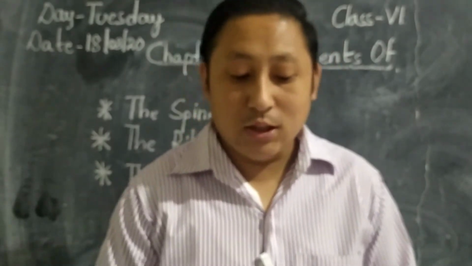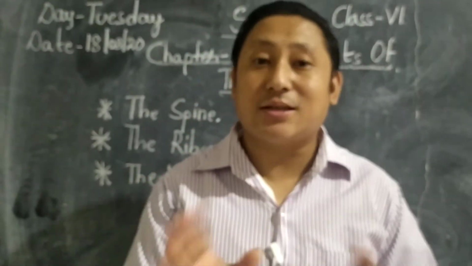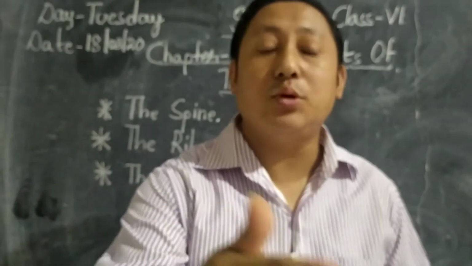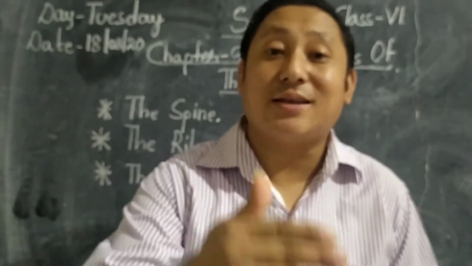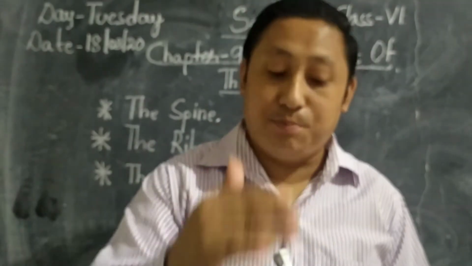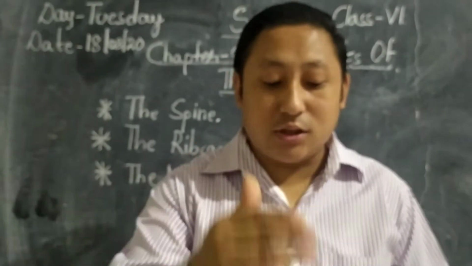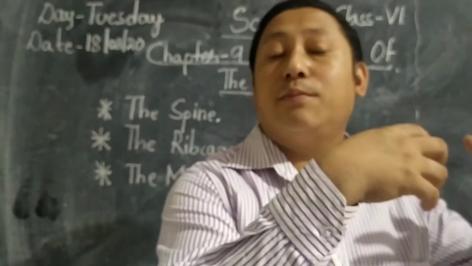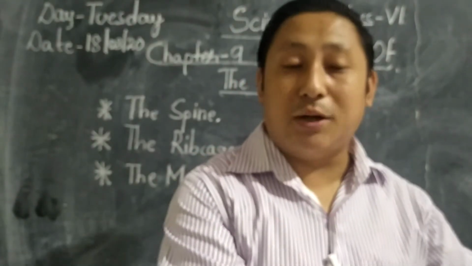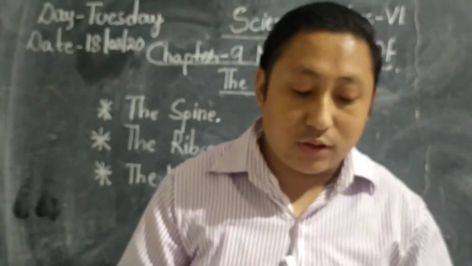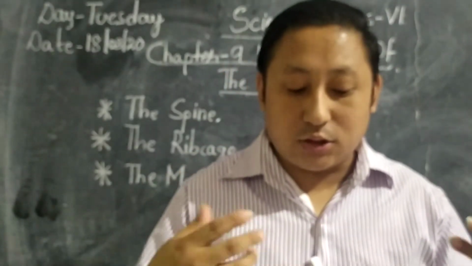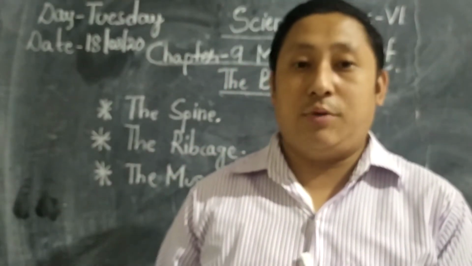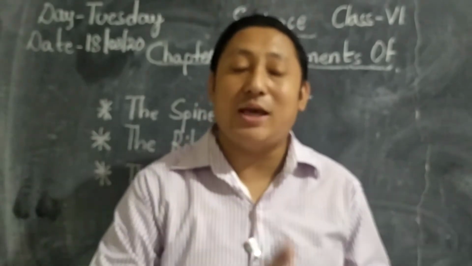These muscles are not attached to the bones. Compared to the voluntary muscles, which are attached to the bones, involuntary muscles are not connected with the bones. Did you get it? Voluntary muscles are under our control, whereas involuntary muscles are not in our control. They do not work according to our wish compared to voluntary muscles. Did you get it? This is the difference between the voluntary and involuntary.